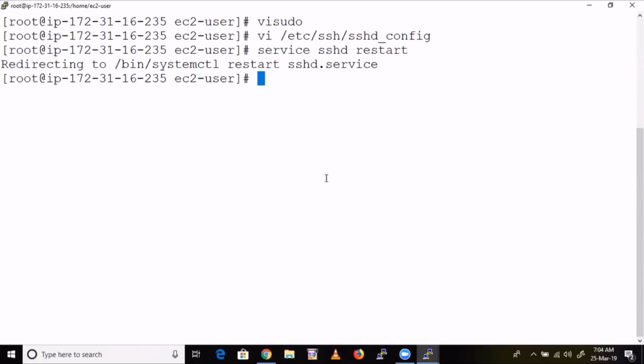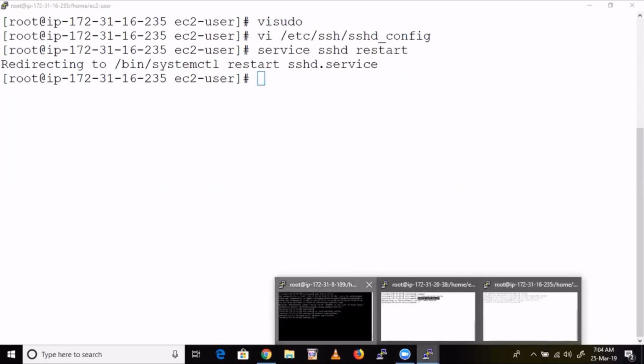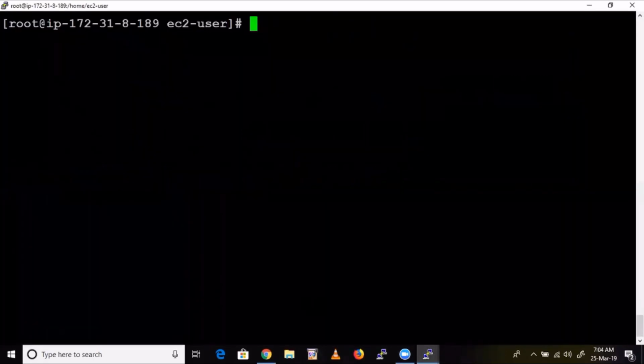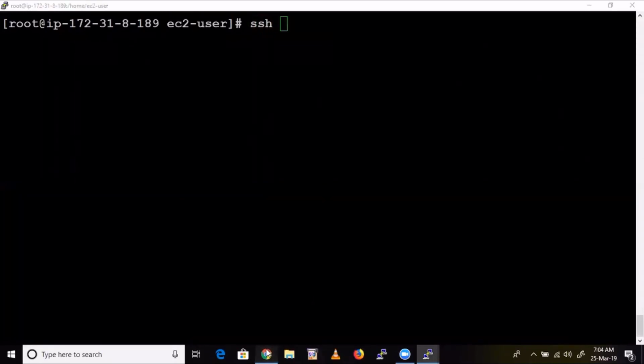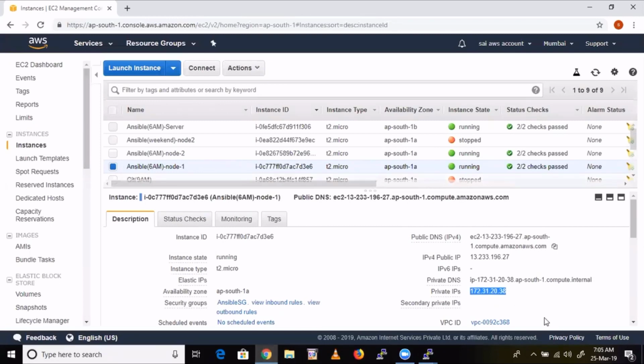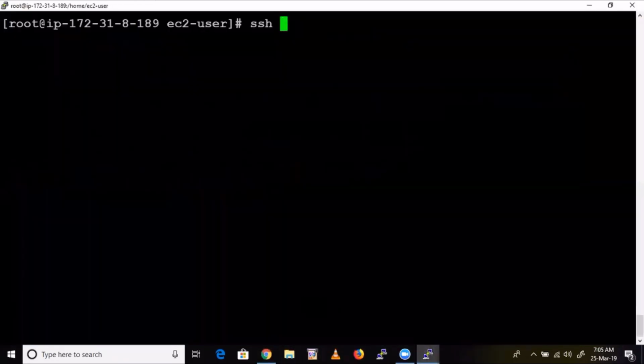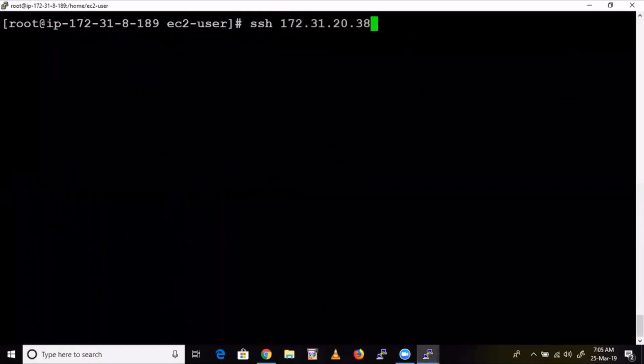Okay, so to establish SSH connection, by default you cannot do that. You need to modify this file. Now verify, guys. Now can you able to SSH on? Now verify. See here, SSH. Okay, what's the IP address of that node? Okay, node 1, this one, right? Now verify. Before that, okay. So let's mention this one IP address.